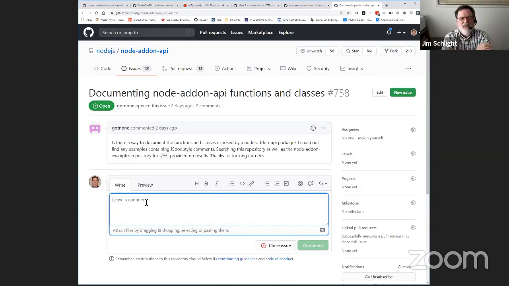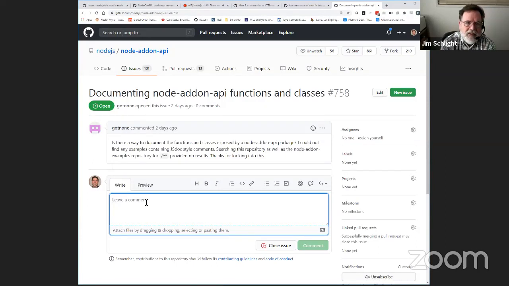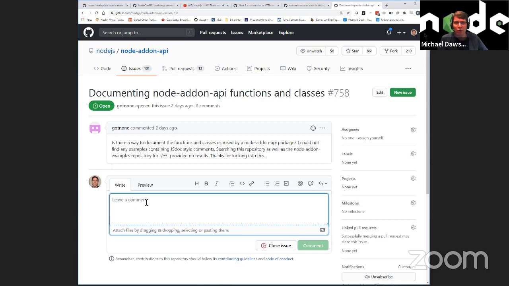Yeah, this is weird because he calls out JS doc style comments. But I think what he means is Doxygen, because that's the tooling for C and C++. Sure, because there are functions and classes exported by a package, right? So basically, you have an API in JavaScript that is what you actually use from the module. The fact that it's C++ doesn't matter to the JavaScript. So for the JavaScript user, what they probably want is some sort of JavaScript documentation of those methods. Right.